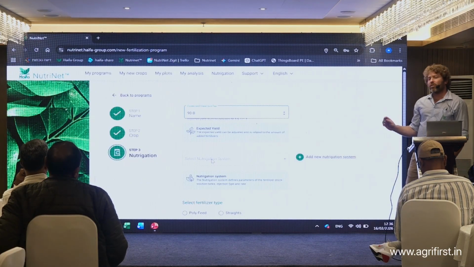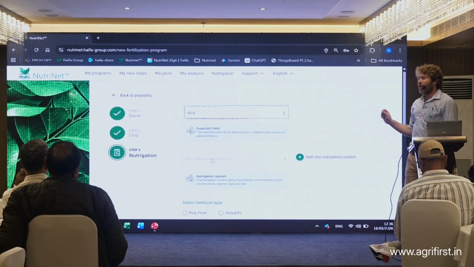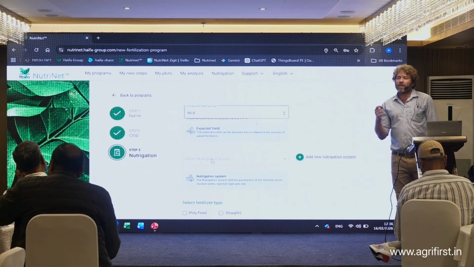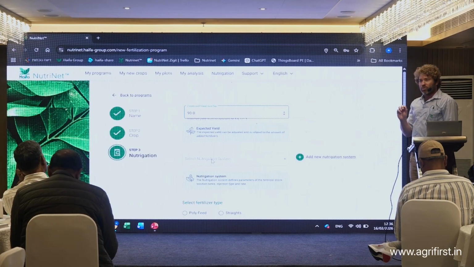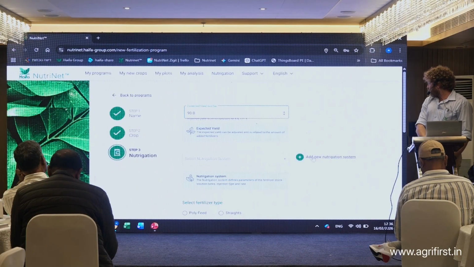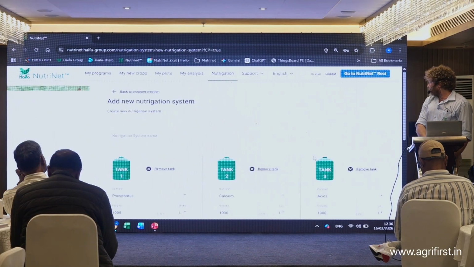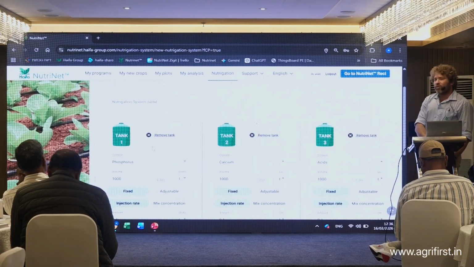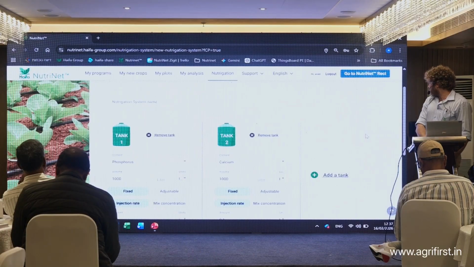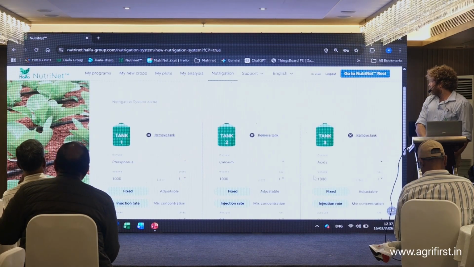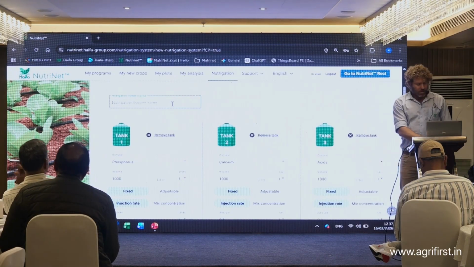And in proportional, different from quantitative, we sometimes want to use also acid tanks. So this is why you can create your own nutrition system right here, okay? You can add your own nutrition system. We give the option for 3 tanks, one for phosphorus, one for calcium, one for acids. You can decide which one is which, you can just play with it, okay? And you can remove, maybe you don't use acid, you can just remove it or add one. Okay, so this is a 3 tank